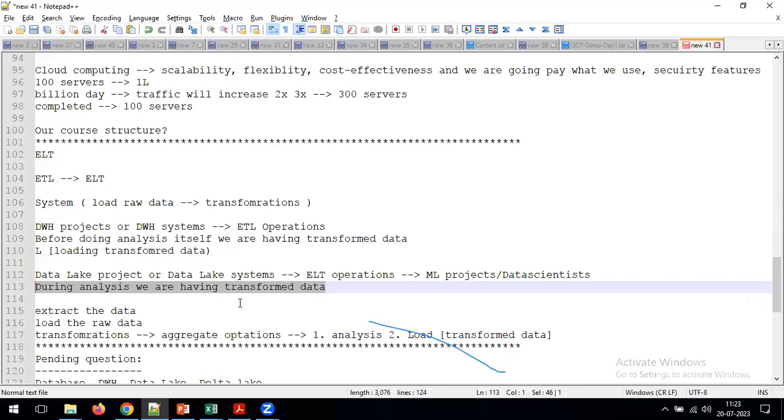Exactly. And I'm repeating, in one kind of project we are doing it like this, but in the second type of project we are going to maintain 2 different layers. One storage layer 1, storage layer 2. In storage layer 1, we will maintain all the raw data. In storage layer 2, we are going to maintain all the aggregate data. That depends on the requirement. Don't think that in every project we are going to maintain the same architecture or have a similar kind of requirement. Depending on the project requirements, our process will change.